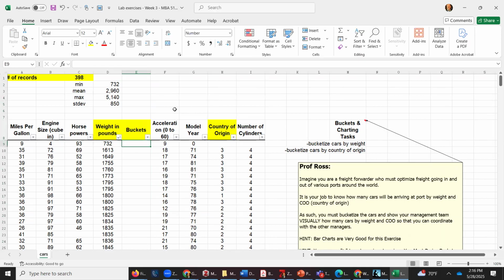And so one thing I could do, sort of low tech, the poor man's version, is I could do less than 2,000. So let's do less than 2,000, and I'm just declaring that that bucket